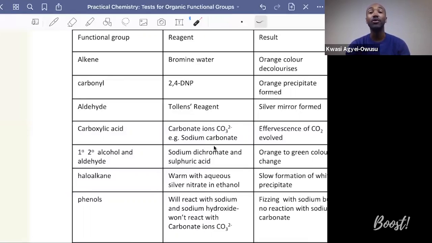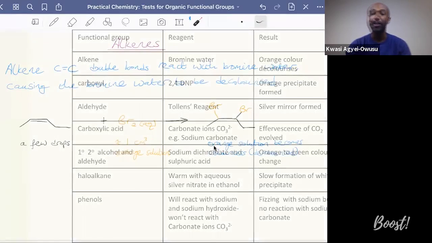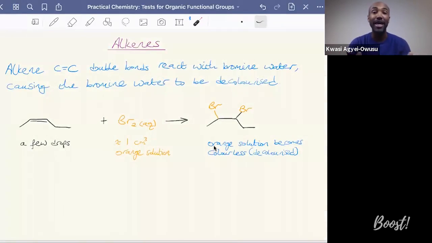Remember that you would be required to give an accurate description of how to carry out the test, as well as what observations are relevant to allow you to identify the presence of a particular functional group. So experimental detail is very important. Okay, so to start with, we're going to look at the alkenes, and this should be familiar to all of